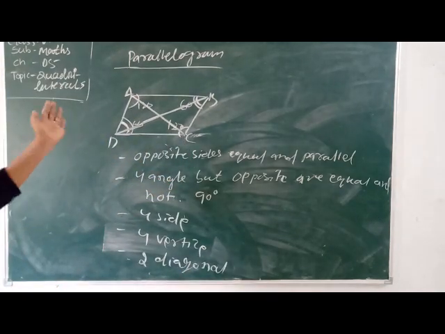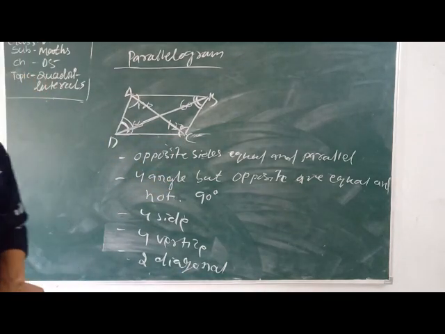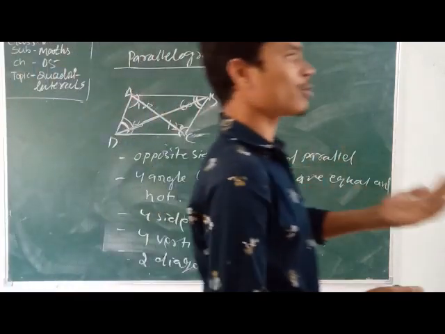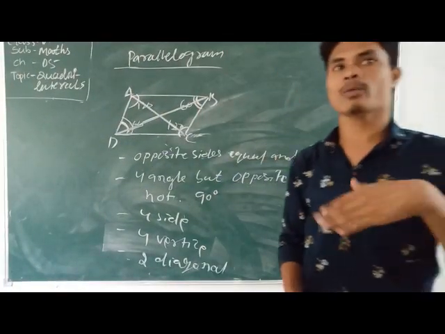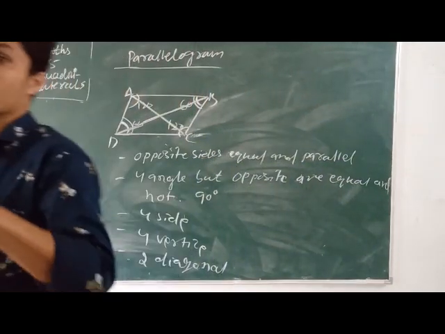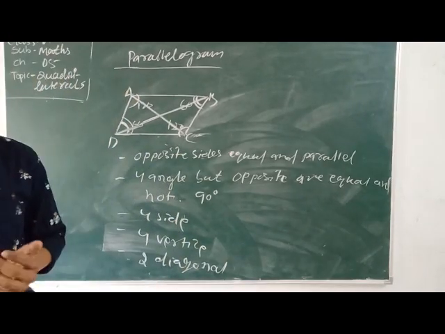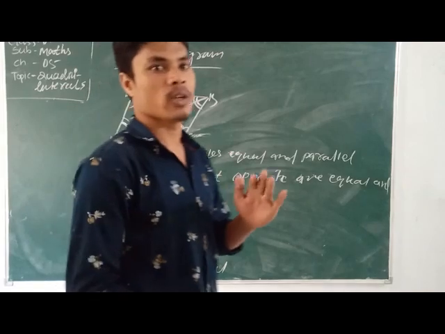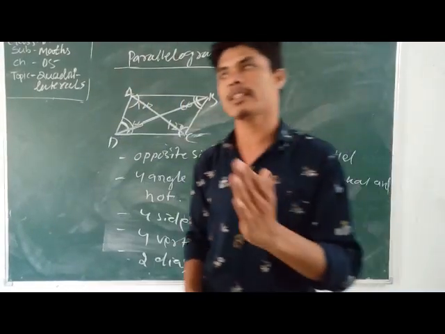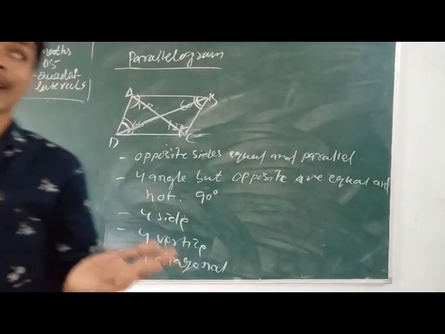Here we will discuss the parallelogram. Now we discuss the rhombus. What is a rhombus? Every square is a rhombus, but a rhombus is not a square. Why? Because in a square, each angle is 90 degrees. In a rhombus, each angle is not 90 degrees. Their opposite angles are equal, but all their sides are equal.